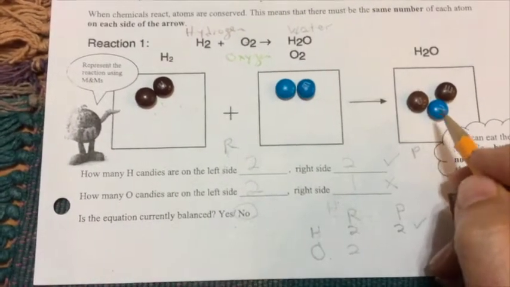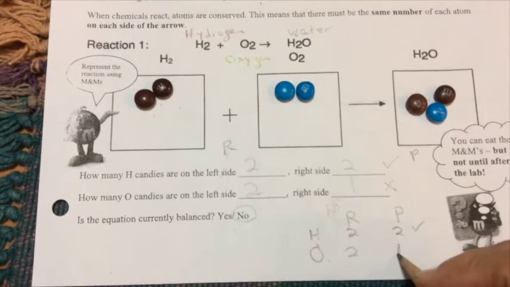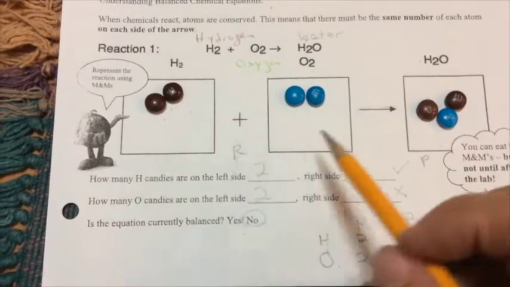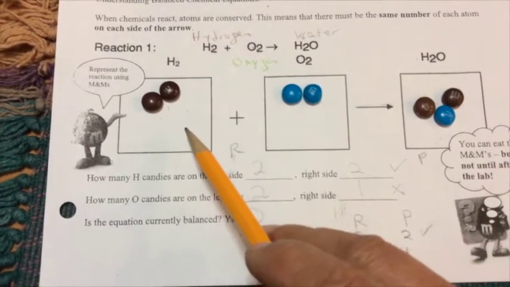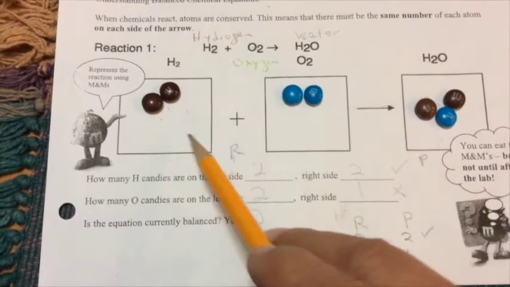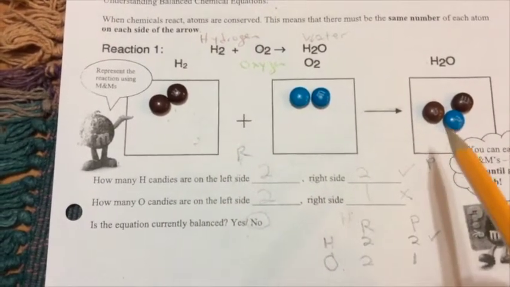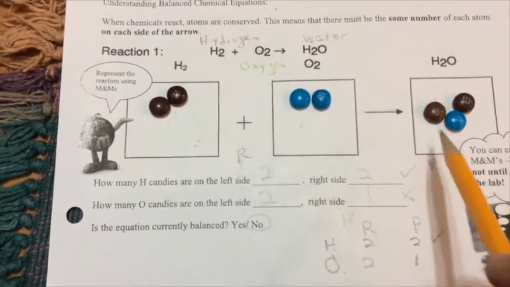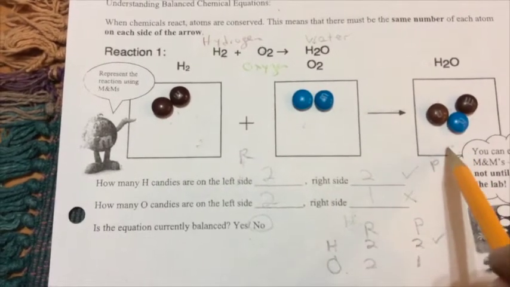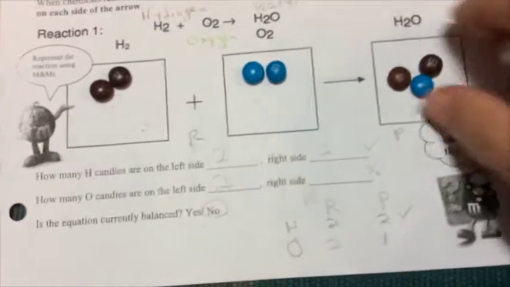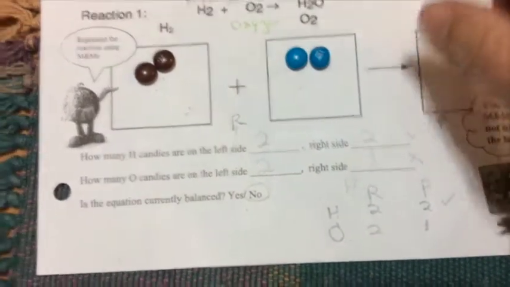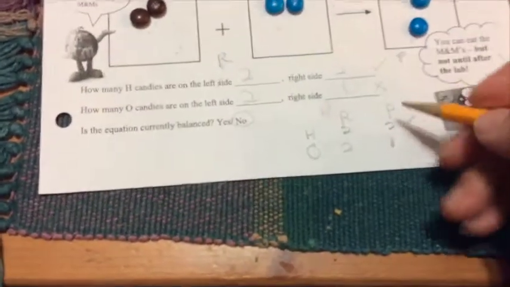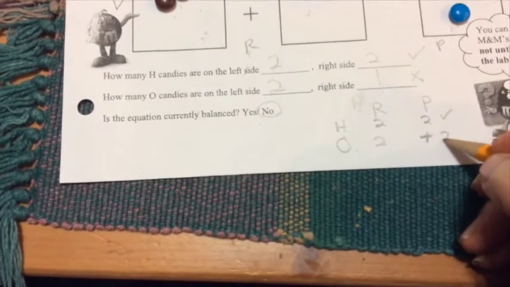On the oxygen, on the reactant side, we have 2. And on the product side, we have 1. So we're going to have to end up with another. You can go from the reactant to the product, or the other way around. So if I've got oxygen usually occurring in 2s, I have to have 2 oxygens over here. Let's put another oxygen there. So now I've got 2. I changed it to 2, but